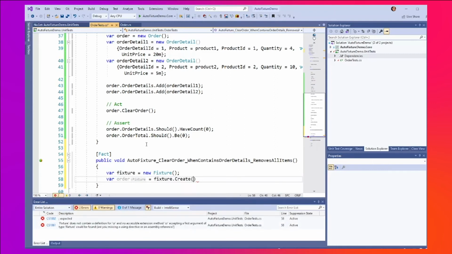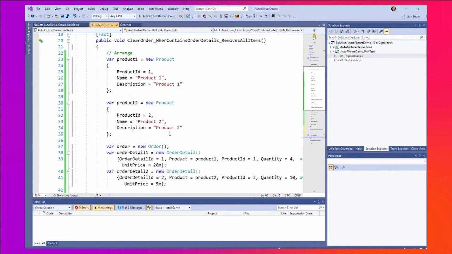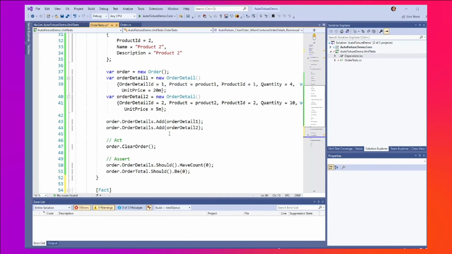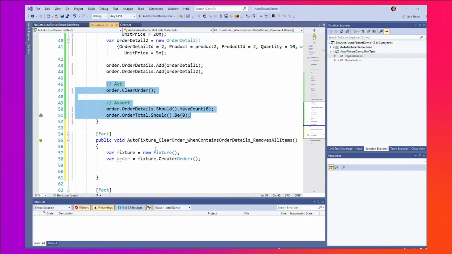Now create has a generic overload here, so we're going to use that. We're going to skip all of the arrangement now, because that's exactly what Autofixture will do, essentially create the child objects for us. So we will go ahead and just bring in the act and assert,